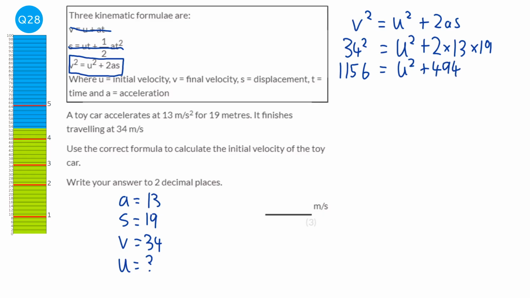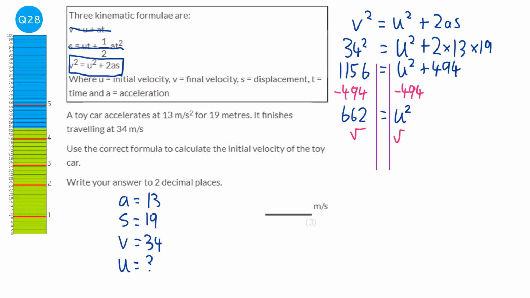And it turns into a solving part, so we're just going to solve this. So the first thing I'm going to do is subtract 494 from both sides. And so we're left with 662 equals U squared. Then we're just going to square root both sides. And so square root of that is going to be 25.729 blah blah blah. And it says it wants it to 2 decimal places, so it's going to be